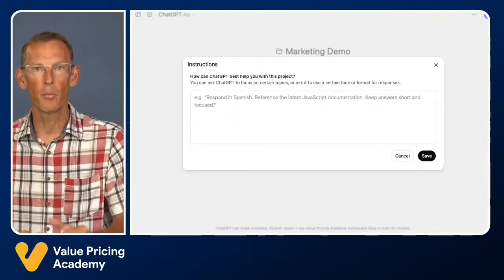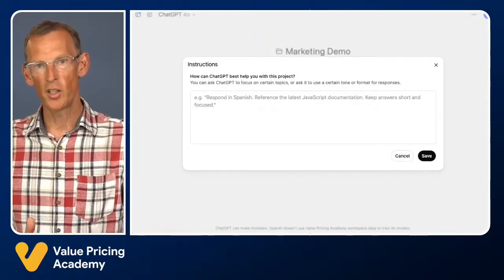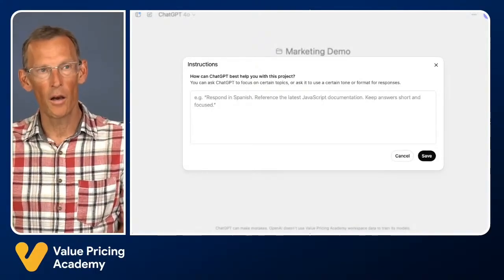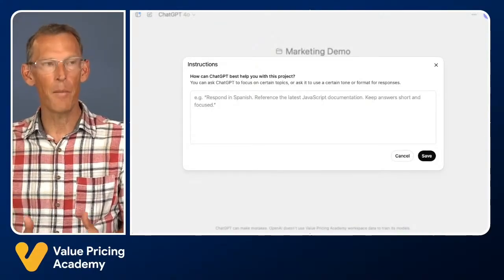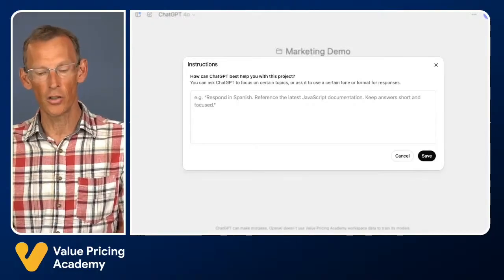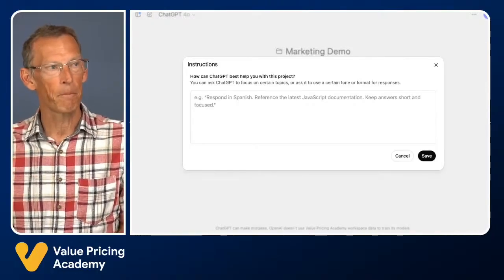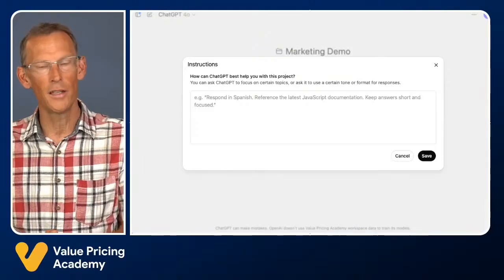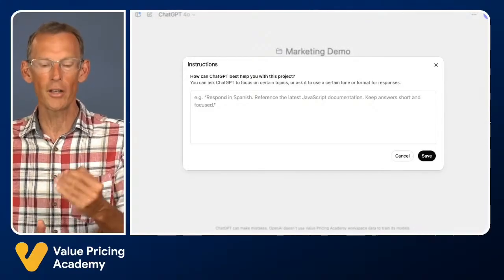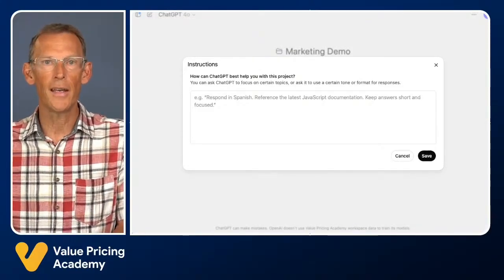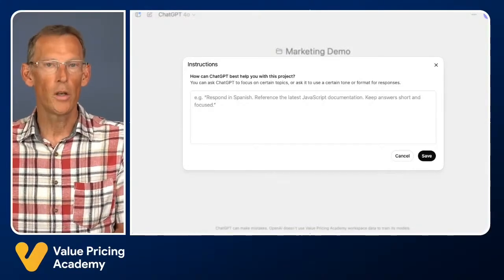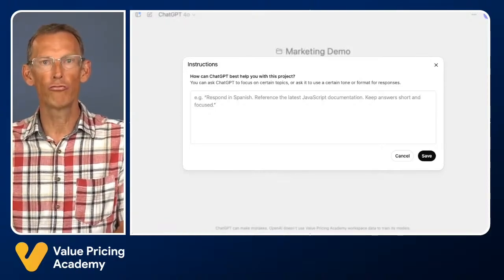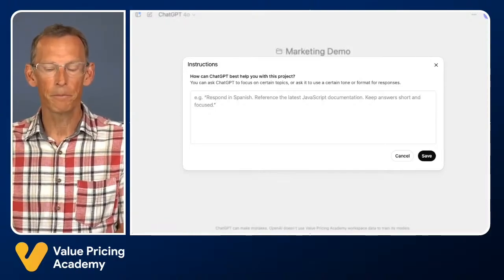However, we know from prompt engineering that one of the keys is specificity. The more specific we are, the more clear we are, then we will tend to get better results, more consistent results, the results that we're expecting. And so there are a number of elements that I would recommend that you build into your project instructions. For example, giving it a persona. We know from prompt engineering that when we ask ChatGPT to play a role, we get a better answer,